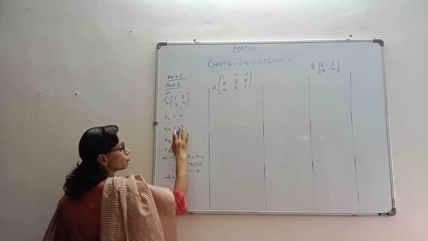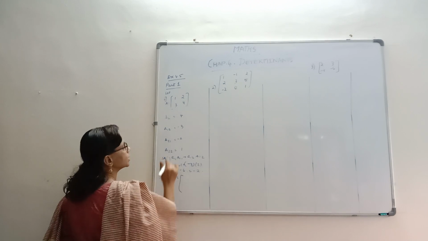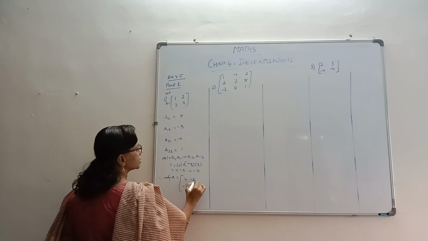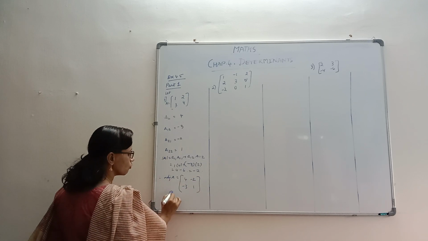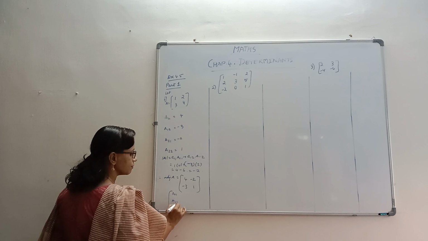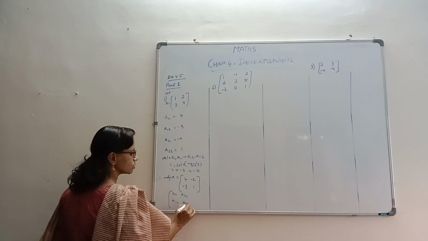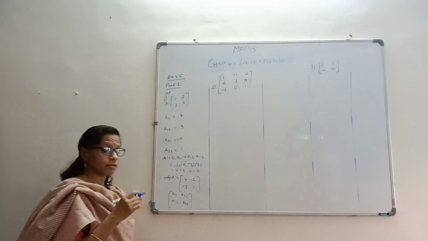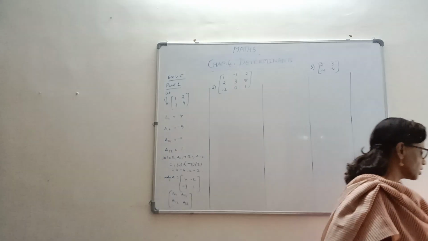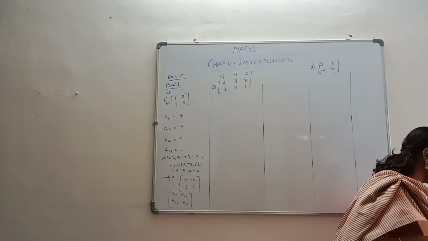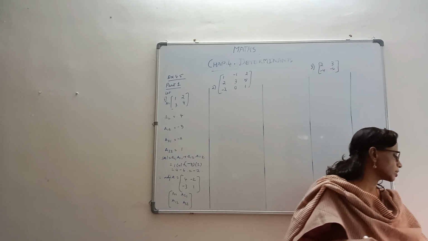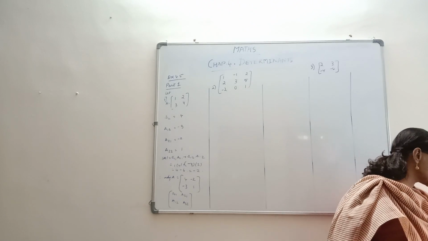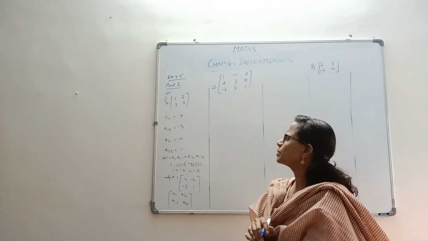What we will write is these cofactors which you have found in transpose manner. So though it is 4, 3, it should be like this. We'll write 4, minus 3, like this, then minus 2, 1. Understood? So in the adjoint, the cofactors are written like this: A11, A12, A21, A22. You have to be careful. Whatever cofactors you are getting, position-wise you should write its transpose. Every step we need to check, because if you go wrong, it's a big havoc. Yes. That's because 2 cross 2 is easy.